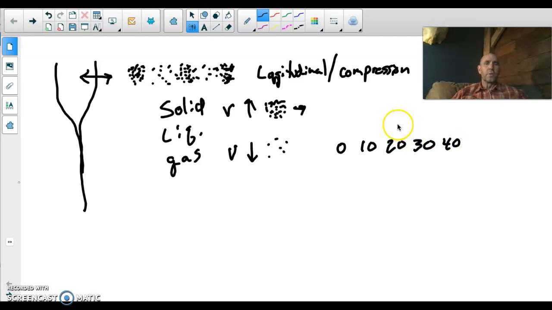But what's important to note is, let's say we had a sound here at 20 decibels and another sound here at 40 decibels. And you might say, well, 40 decibels is twice as loud as 20 decibels. The number is twice as big, but the sound intensity is not. Every 10 decibels is a 10 times factor louder. So this is 10 times louder from 20 to 30, another 10 times louder from 30 to 40. So 10 times 10 is 100 times louder when you go from 20 to 40. It's an increase of 100 times in sound intensity,